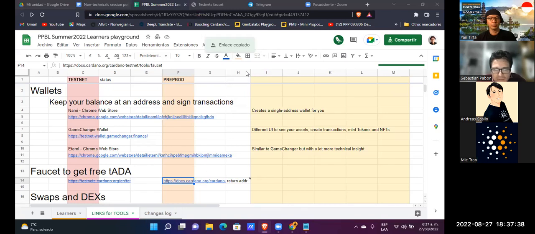Please explain wallet security. Okay. Wallet security: the main thing to know about wallet security is the seed phrase. The seed phrase is the most important element in the security of the wallet.